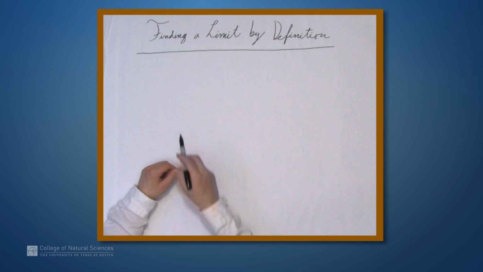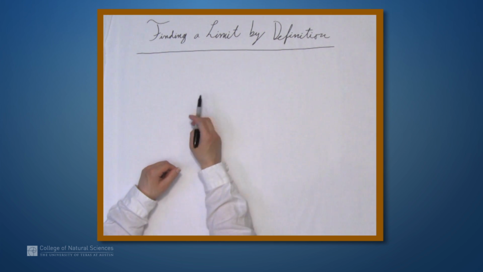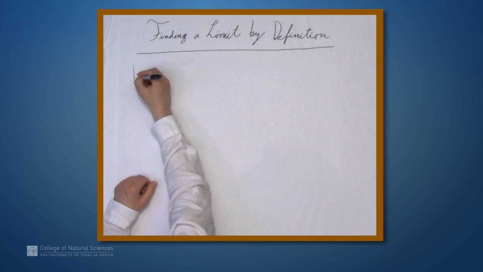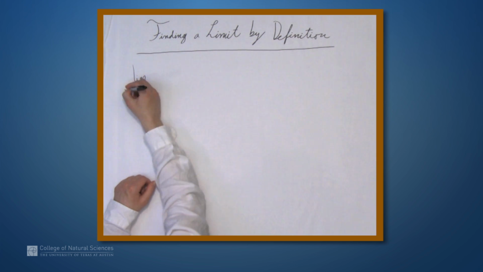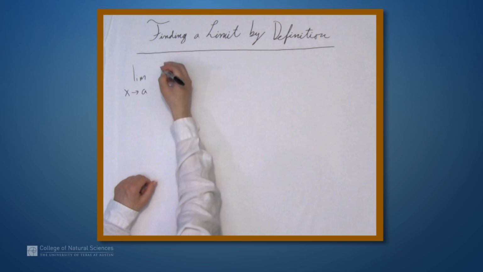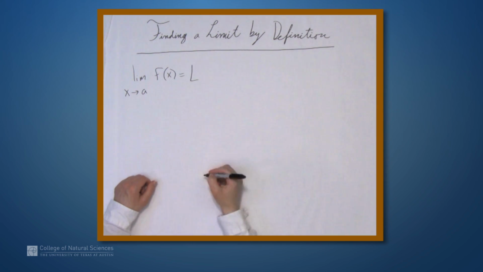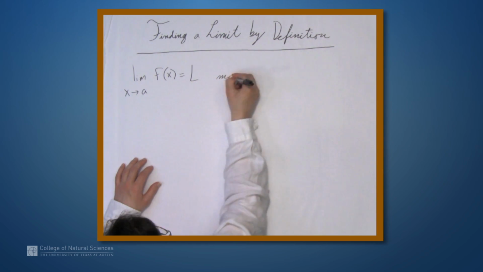So we're here at the example table, and in this video we're going to find a limit by definition. So let's just remind ourselves of what a limit is. The limit as x approaches a of f of x equals L means